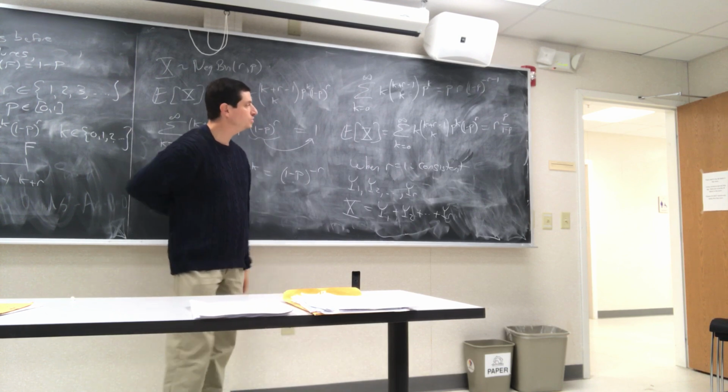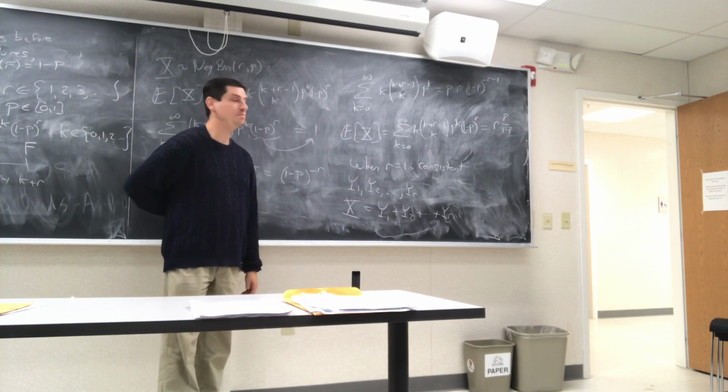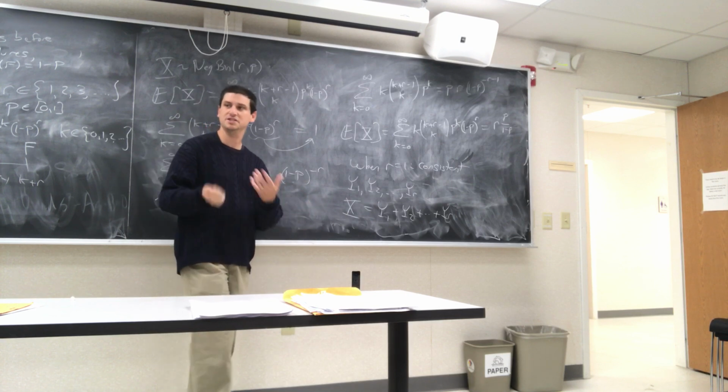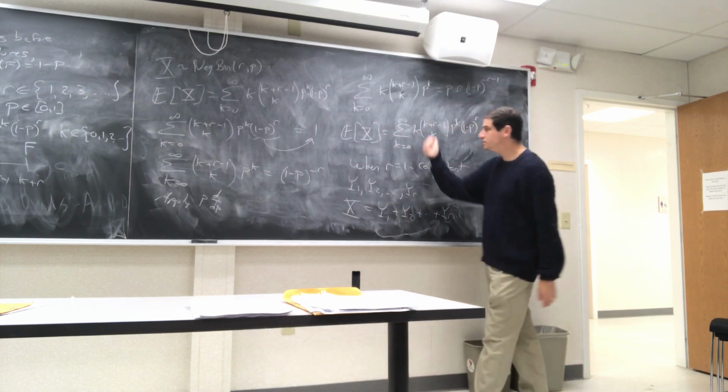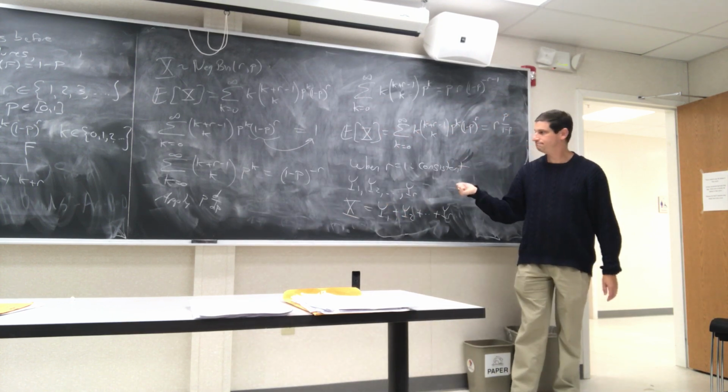So in the special case, when p equals a half, this tells you the mean number of successes is r. Well, that makes sense. I should have about as many successes as failures if p is a half. So this is a really nice